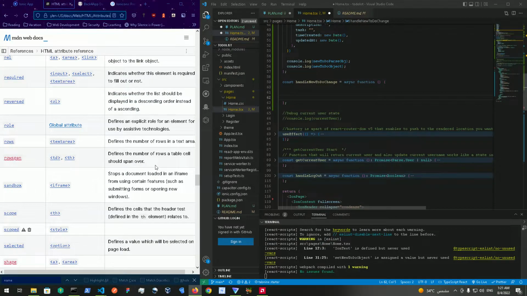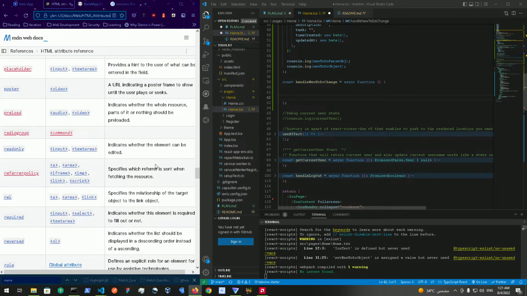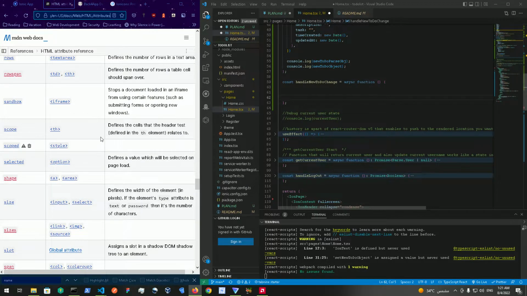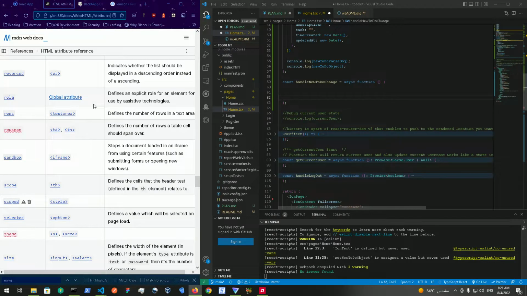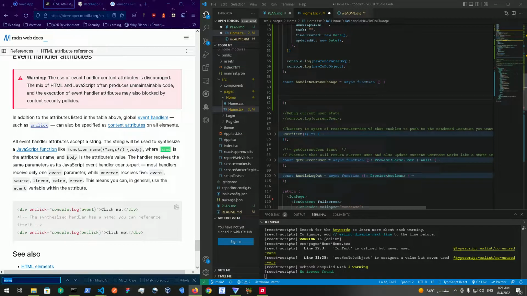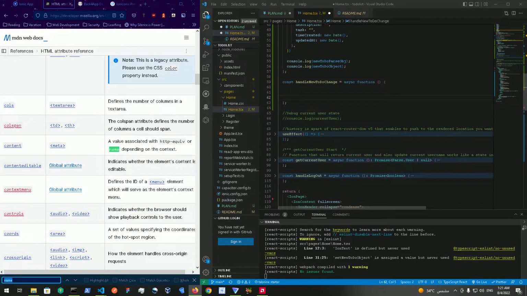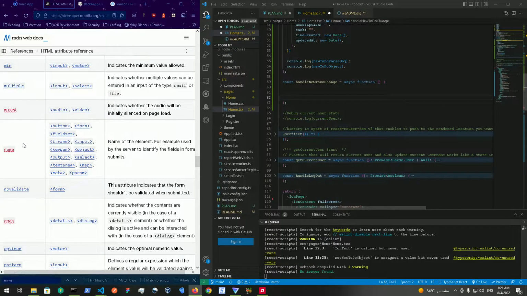And at the beginning of the video, I mentioned to you guys, if you want to know what properties you could pass to your HTML attributes, you could just go into the Mozilla Developer Network Web Docs over here and just search whatever attribute you want to check for. Like, for example, if I search name over here, you're going to find the name property, and it's going to show you the HTML tags that it accepts, because there are some HTML tags that are not going to be accepting this. But as you can see over here, these are all the HTML tags that are going to accept this attribute. Okay,